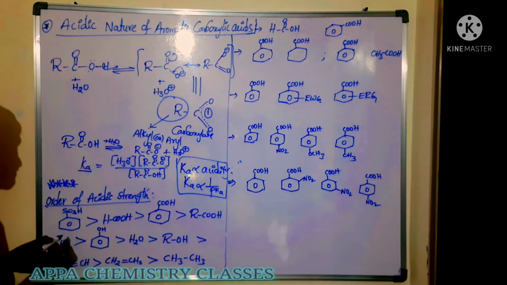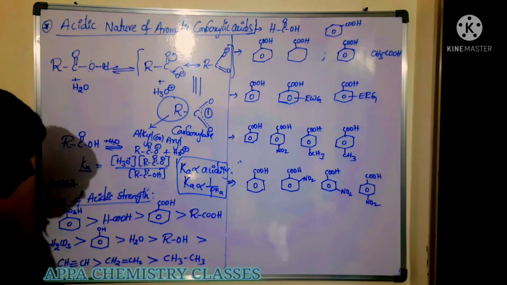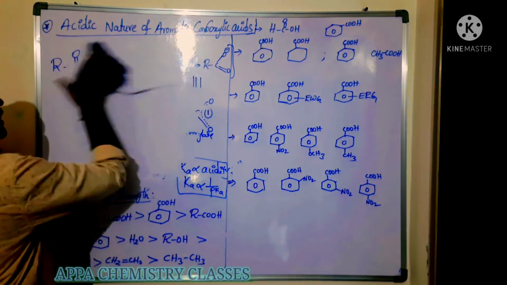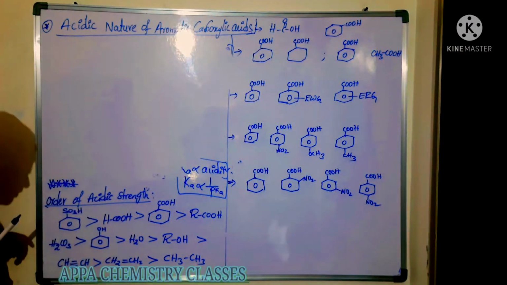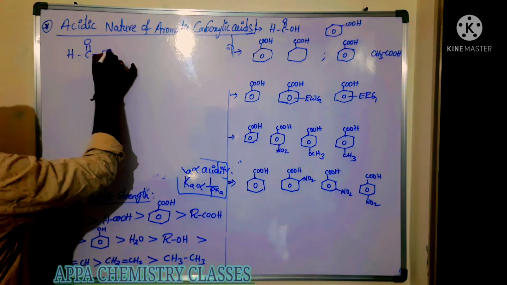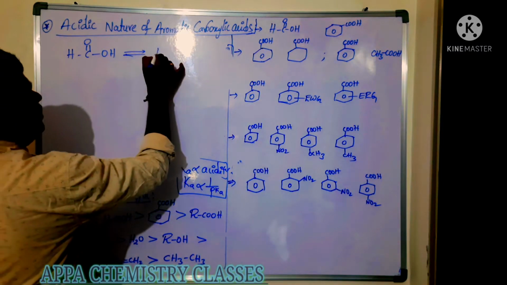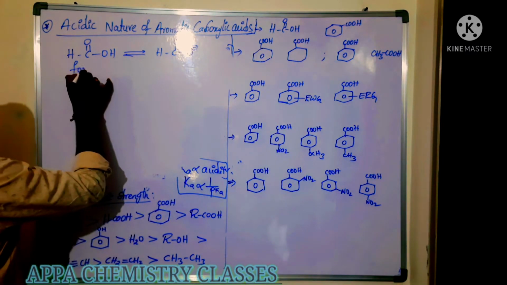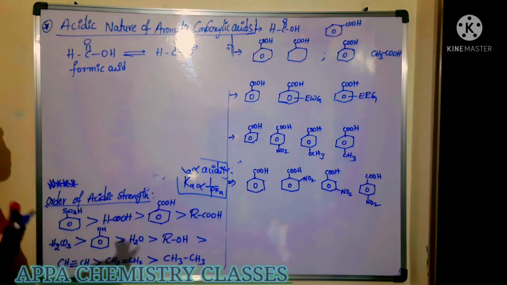Now benzene sulfonic acid is the strongest acid. After that, formic acid. Now compare formic acid and benzoic acid, which is the more acidic one? I will explain. In formic acid, back conjugation takes place, whereas such back conjugation does not take place in benzoic acid. After losing the proton, it forms the carboxylate ion. So when compared to benzoic acid, formic acid is more acidic.